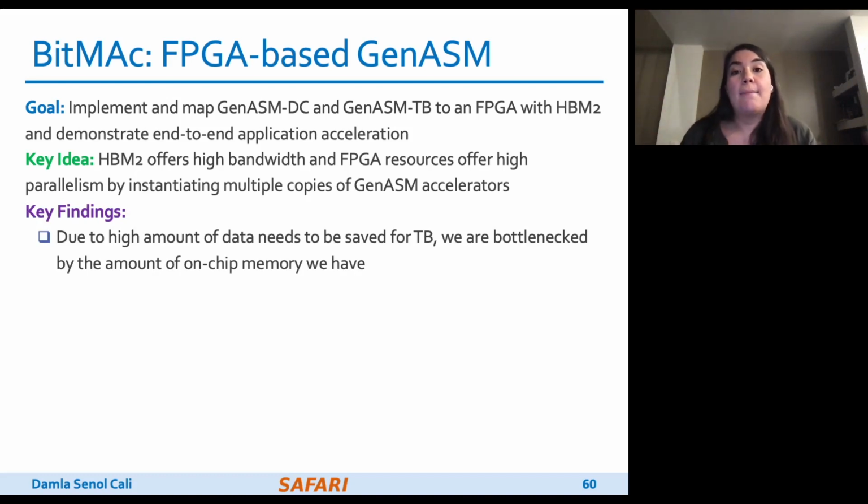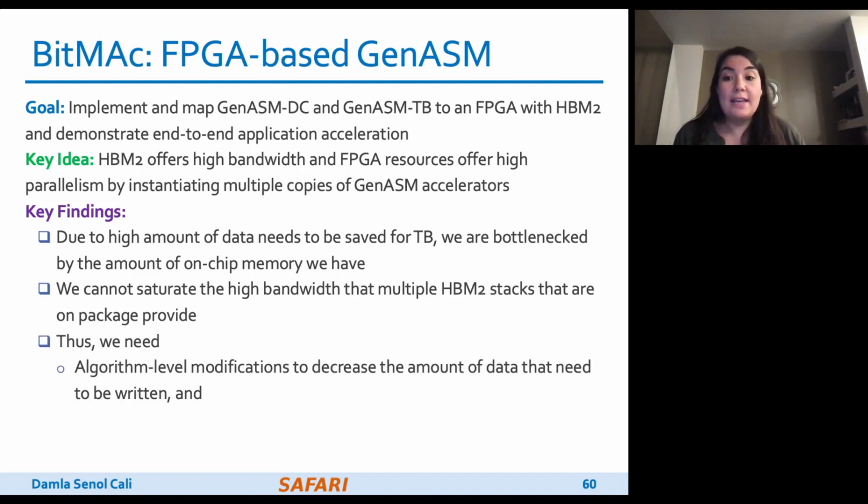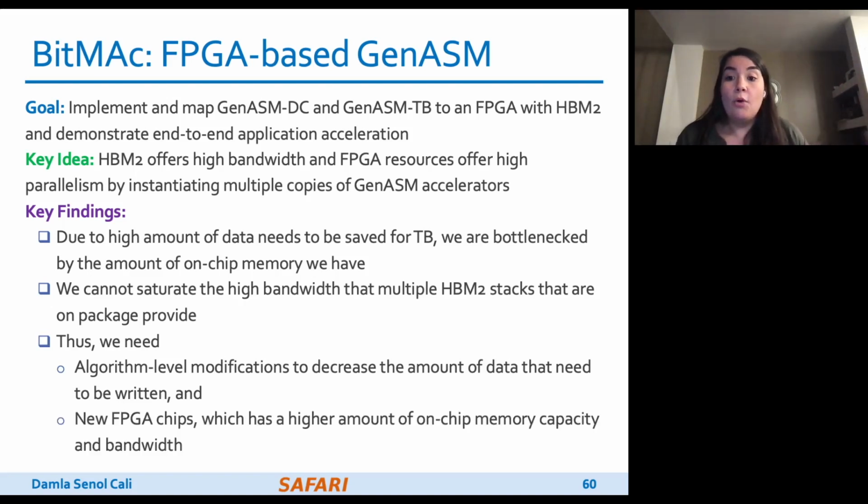we are bottlenecked by the amount of on-chip memory we have. Because of that, we cannot saturate the high bandwidth that the multiple HBM2 stacks on package provide, because we cannot instantiate as many BitMac or GenASM accelerators as we want to saturate that high bandwidth, because of the limited on-chip memory we have. So we need either algorithm-level modifications to decrease the amount of data that needs to be written as part of the TB process, or new FPGA chips which have a higher amount of on-chip memory capacity and also